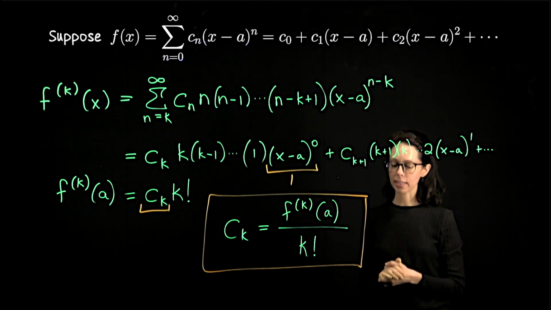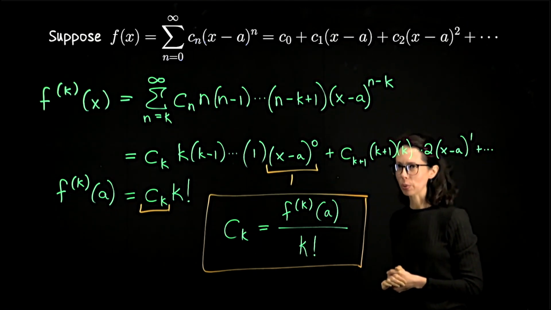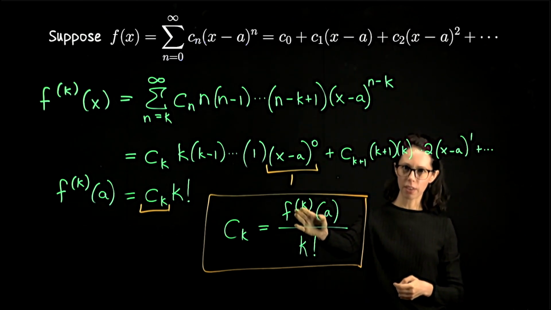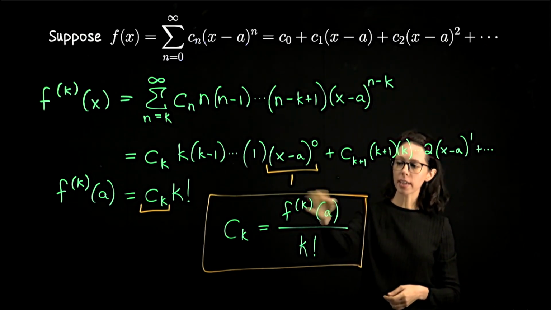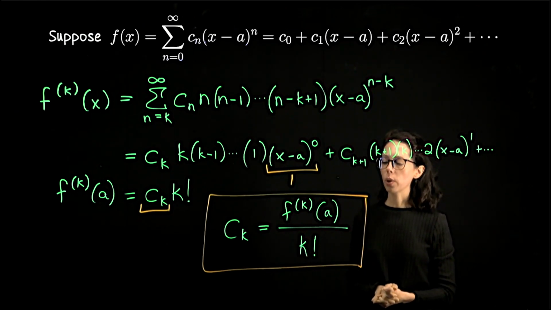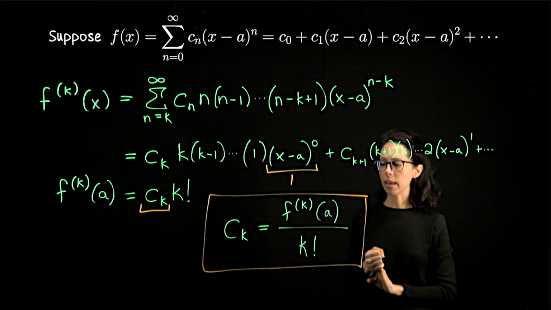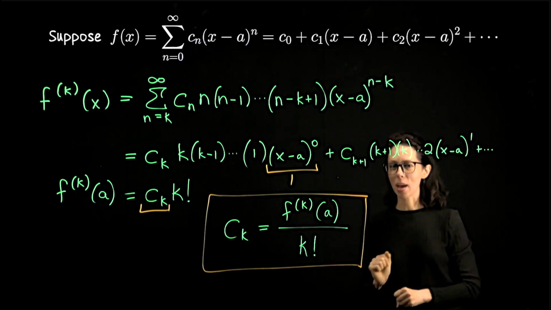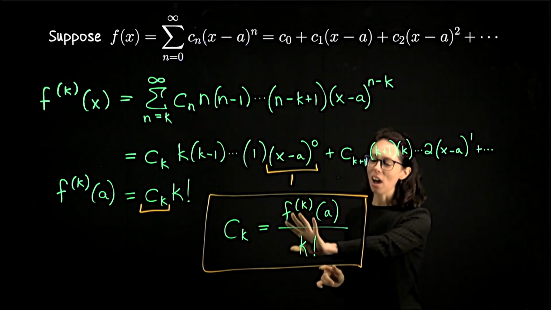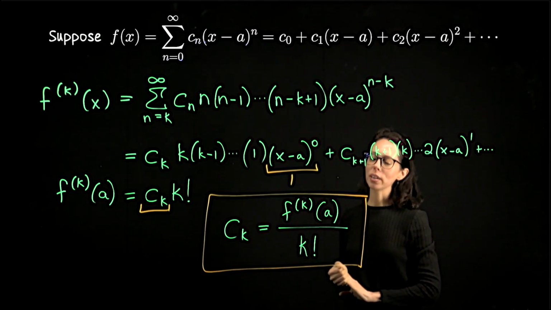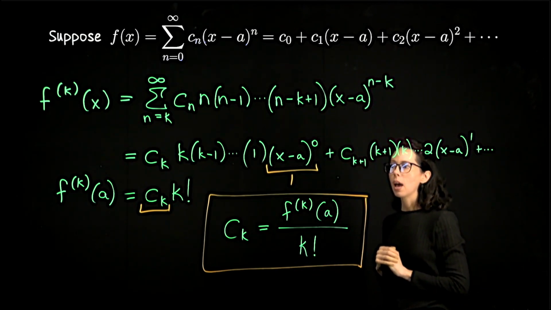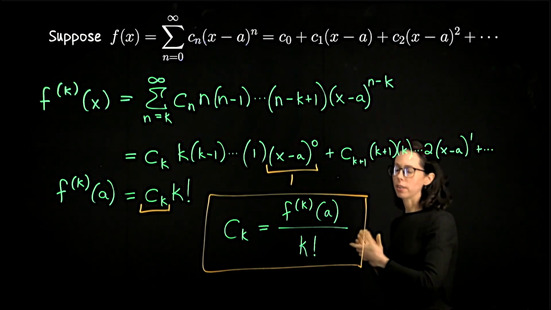One of the biggest mistakes I see students make, and I also make this too, so I might really be talking about myself here, is I will often take the derivatives of f. If I start trying to crank out these coefficients, I'll start taking derivatives, plugging in a, and I totally forget about the denominator. So whenever you're working through Taylor coefficients, as we will in a minute, don't forget the k factorial in the denominator. Just take it from me. You will at some point. I still always forget this denominator. So make sure that you don't get so content with taking the derivatives of f that you forget about the k factorial. Okay, I am going to step away from this derivation now.